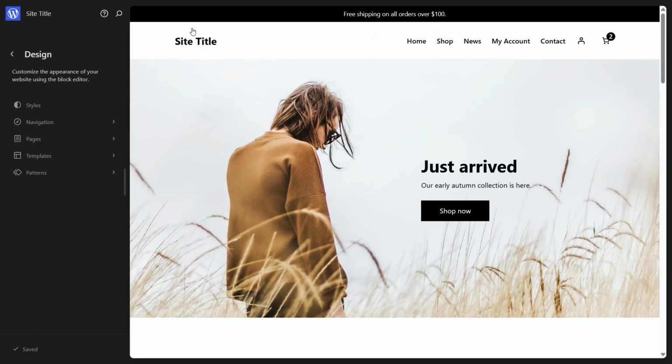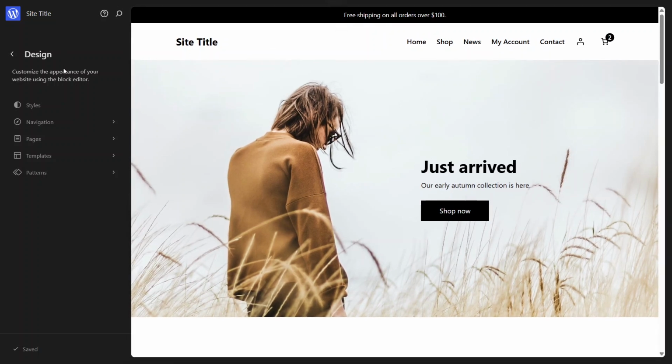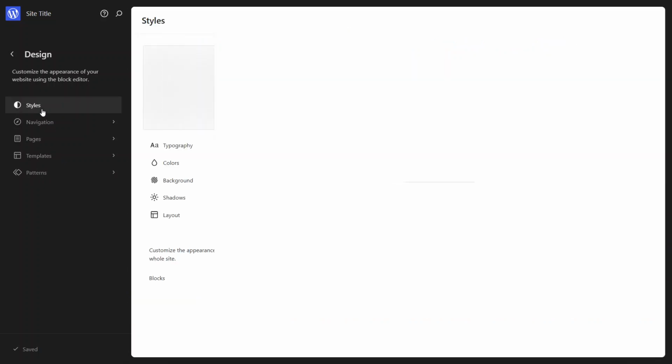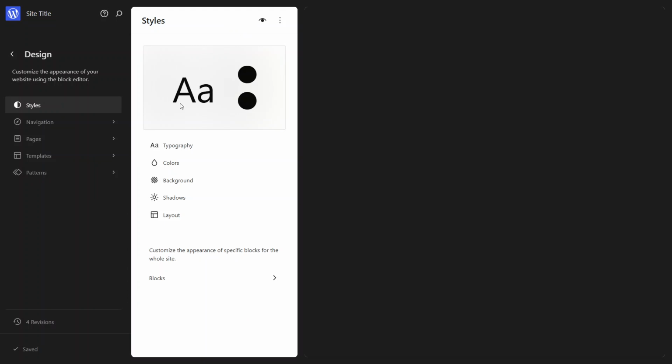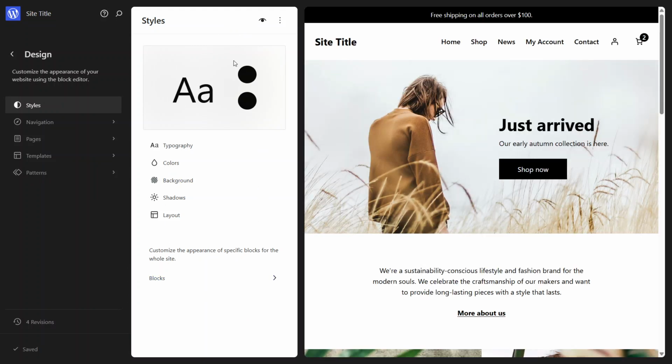When it's ready, look again at the panel on the left side of the screen. You'll see an option called Styles. Go ahead and click that. When you do, a new sidebar will slide in, usually from the left, showing your style settings for the active theme. Now, at the top right corner of this new style sidebar, you'll see a small icon with 3 vertical